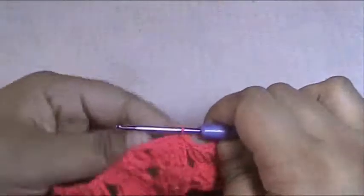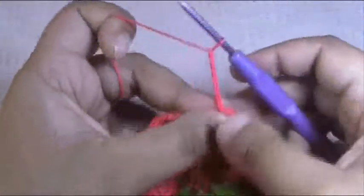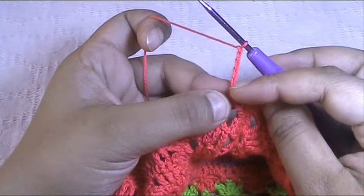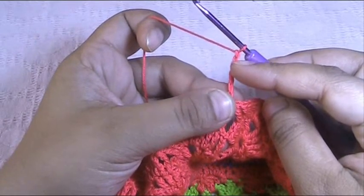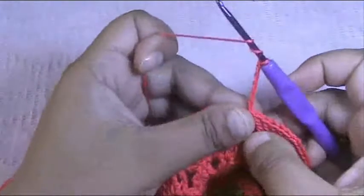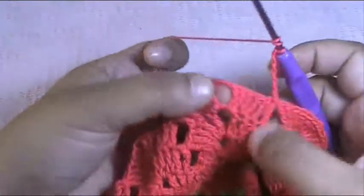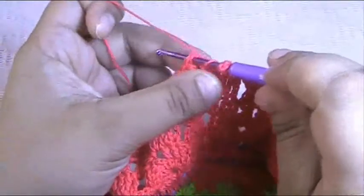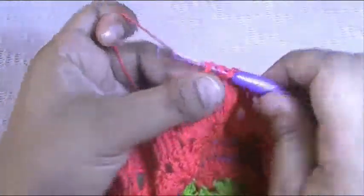Then to start the next row, chain 6, 1, 2, 3, 4, 5, 6. These 6 chains stand as 1 treble and 2 chains. Then yarn over twice and go directly to the chain 2 space in the middle of this group and make 2 trebles, 1,